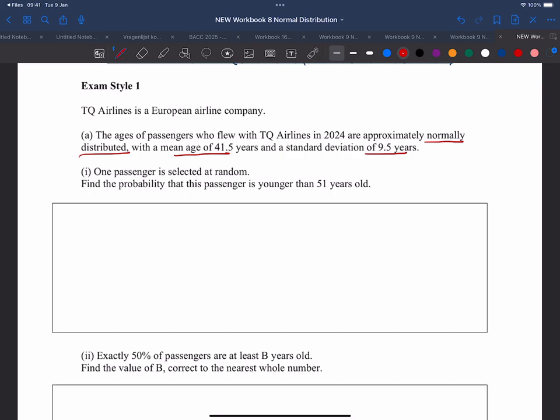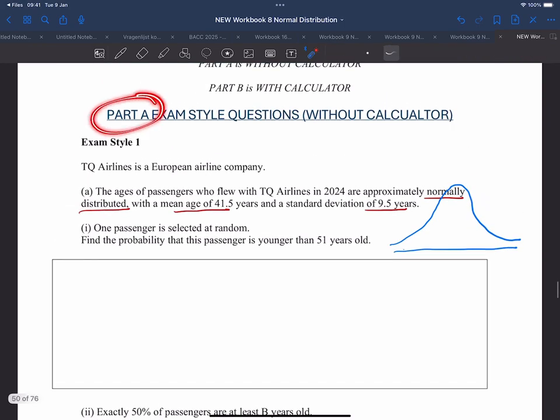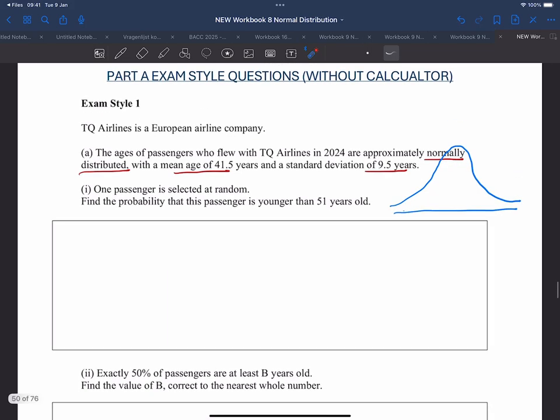Now, the very first thing we'll do is graph and sketch a normal distribution curve. We'll always do this when it's in part A, no calculator. We always sketch it first, because this is the empirical rule. And we'll write down these numbers. That's always going to be the way. So 1, 2, 3, and there's a wee tail bit at the end here. 1, 2, 3. I'll put in the percentages. That's going to be